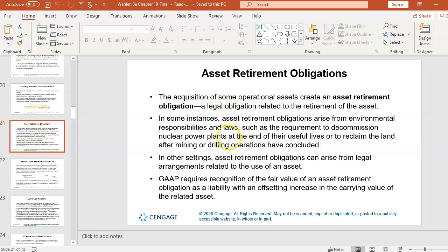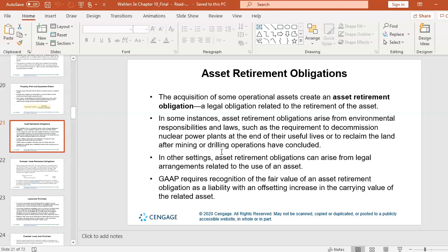Now, some assets require some kind of a retirement obligation. Think of anything that's probably environmental. If you're going to build a nuclear power plant, there's a really good chance that whatever regulatory agency is overseeing that will require that you put some money on deposit in a trust account that you can't touch. And that money will be used to decommission the plant whenever it's time for that plant's useful life to end. If it's strip mining, or anything like that, where you're maybe tearing the ground apart,